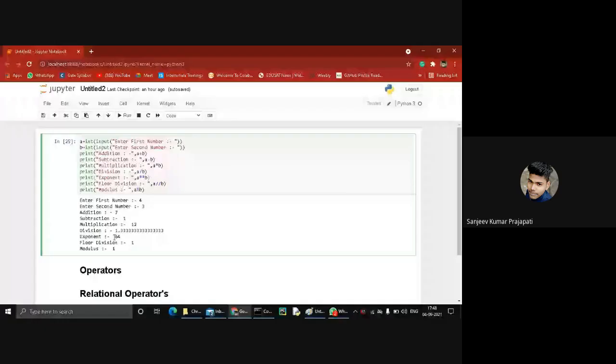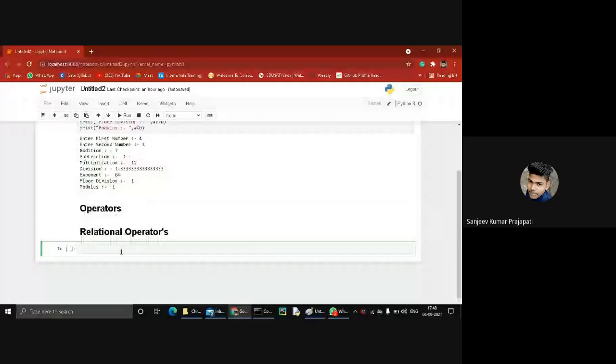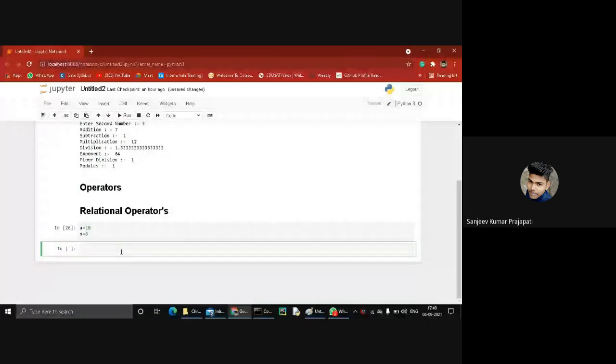Okay. Next is relational operators. So we have to create a variable like a equal to 10 and b equal to 6. So first operation is the equal to operator: a equal to b.